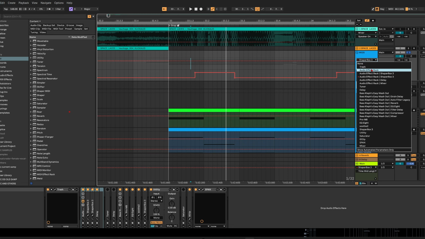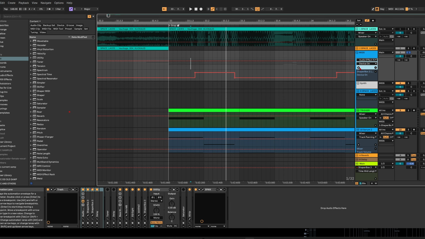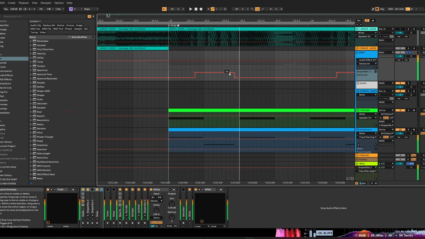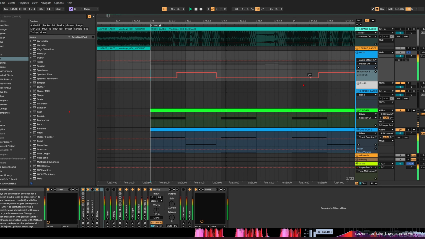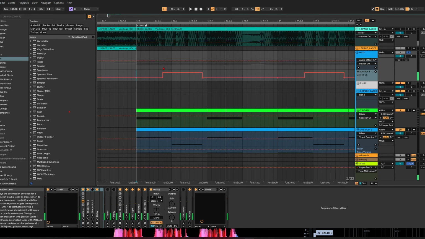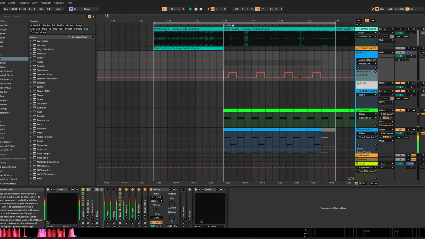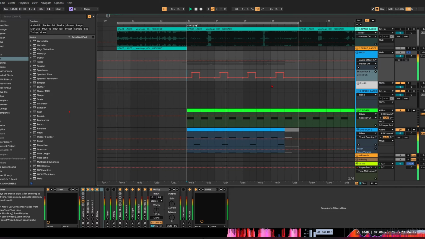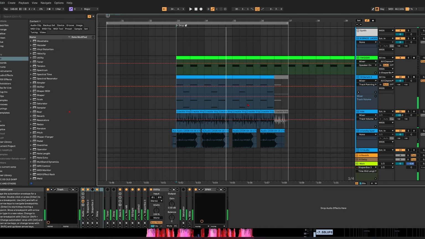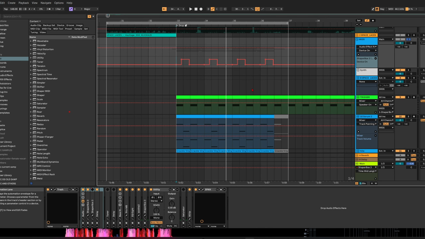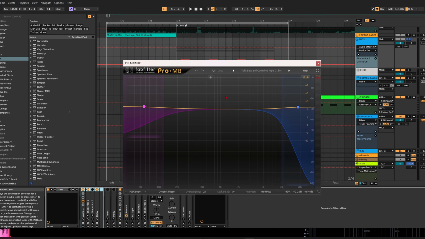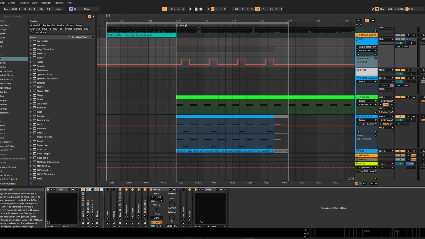Wait a minute, where's the audio? Yeah, there's the automation. So just for the movement, I just made an automation like that all the way till here. So that is all I did, and moving on, I just used Pro-MB just to tighten up the bass